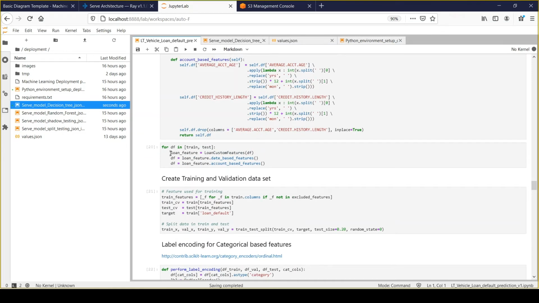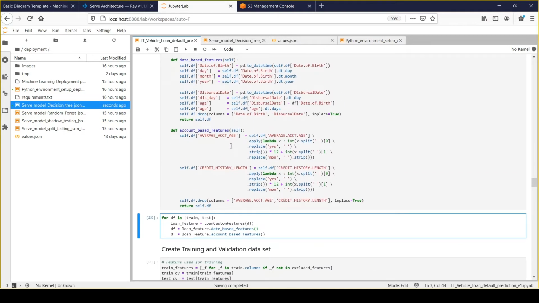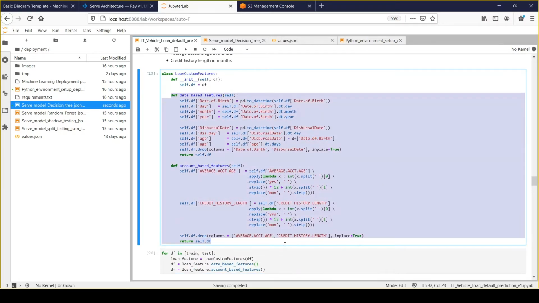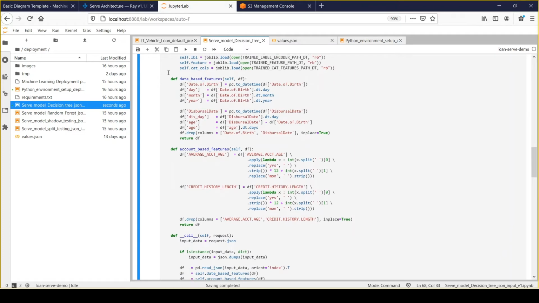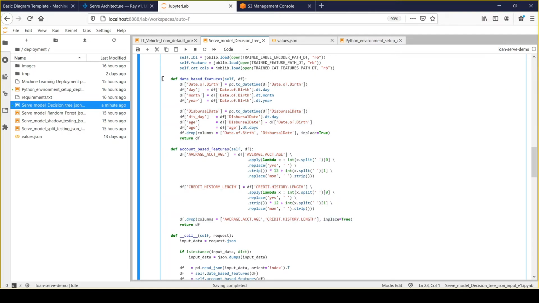So here we are performing a feature engineering step where we are creating some additional features based on date and based on account. From the training pipeline, I have taken these two functions, and I have added these two statements here. There are better ways of managing the common components. You can take these functions and add them to a different class object, and use that class in both the training and inference pipelines. But here I have taken the functions just for convenience.